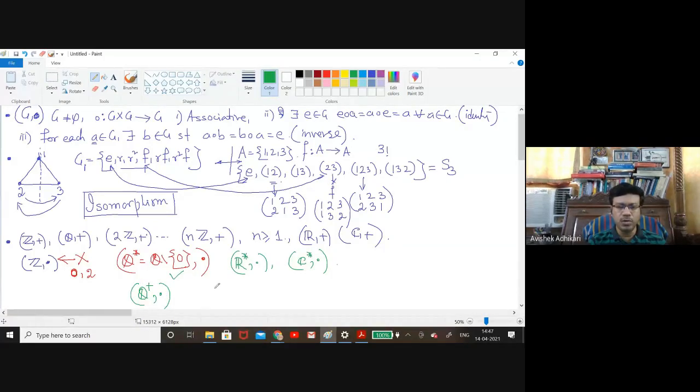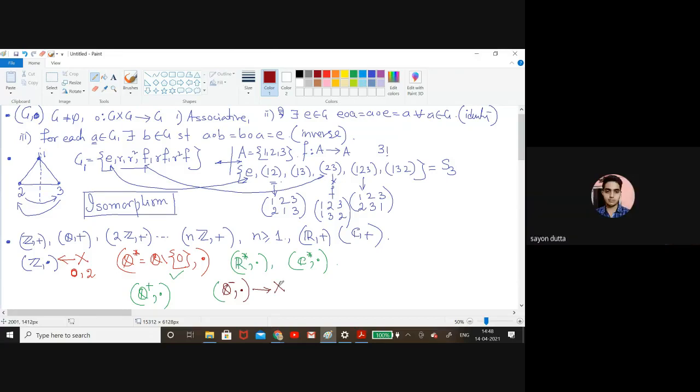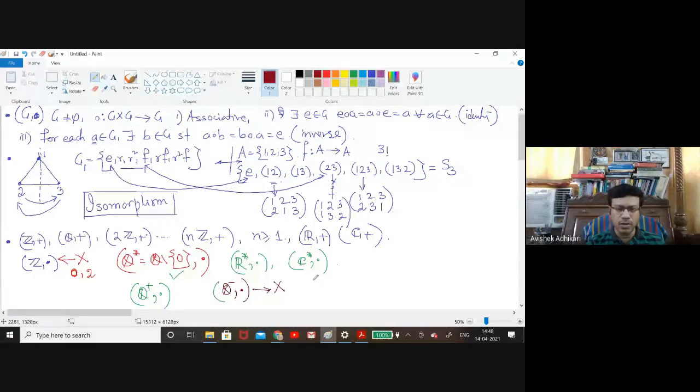That is also a group. Now, if I consider negative rational numbers, and if I consider them with respect to multiplication, will this form a group? Anybody from the class? No, sir. It's not a group. Why not? If two negative numbers are multiplied, then we get a positive number. Very good. So the closure property could be hampered, and you may not have the multiplicative inverse properly. So the closure property is not there. That means it cannot be a group.